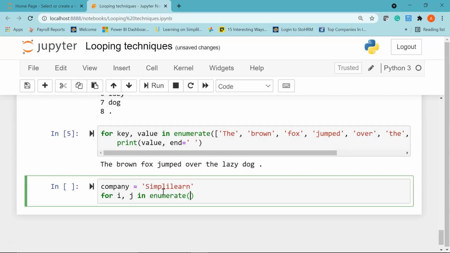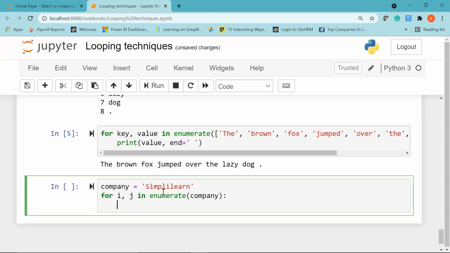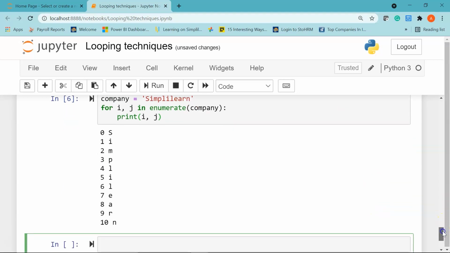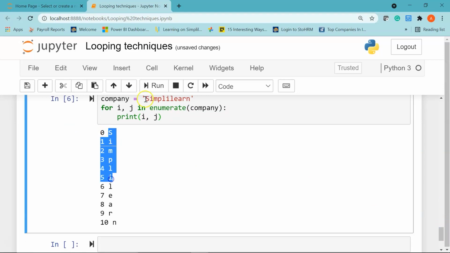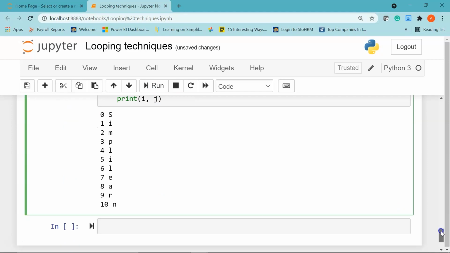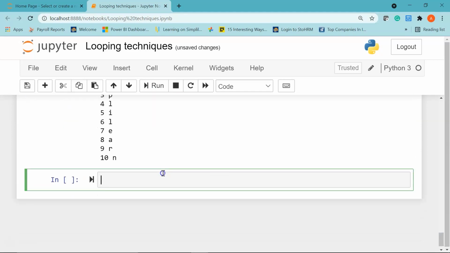Within brackets I'll say company, give a colon, then I'll say print i comma j. Let's see the result. There you go. So here we have indices assigned to the different letters in my word Simplilearn. Okay. Now moving ahead.